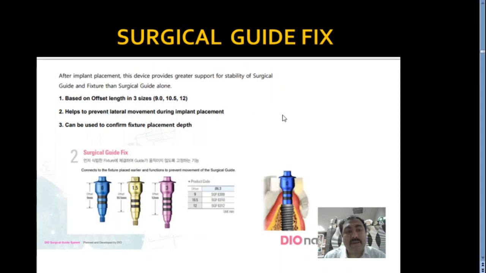It also helps prevent lateral movements during implant placement. And it can also be used to confirm your fixture placement depth, whether the entire depth that you had planned virtually has actually been achieved in step 1. So this is one of the fantastic tools, and this is like a final frontier where you have planned your surgery true. Surgery 2 has been planned in such a way that it is based on the success of surgery 1. So you are so confident that surgery 1 has been executed to the utmost perfection for the surgical guide fix to fit for guide 2.